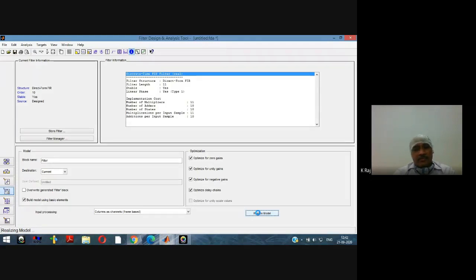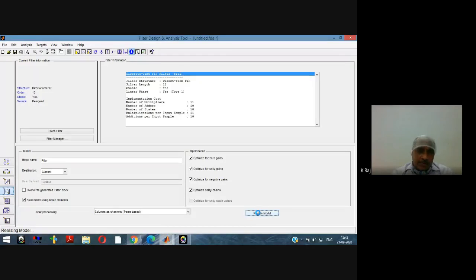We have discussed that there are different types of realization of the filter, that is the direct form 1, direct form 2, cascade form realization, and the parallel form realization. These are the basic types of realization of the FIR filter. And if we are in the FIR filter domain, then there is no need of the direct form 2 architecture. There is only one category, that is the direct form architecture.